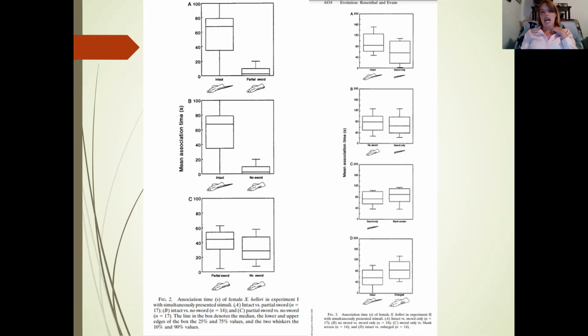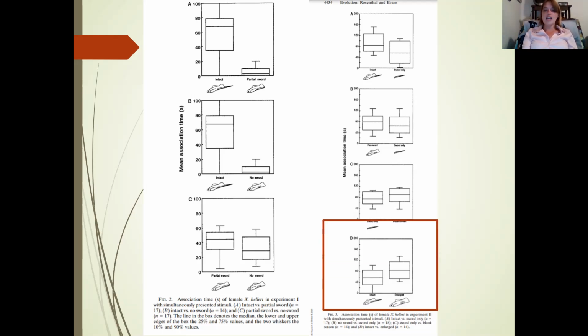on the males, right? And if you look at basically all of these graphs except for one, you would think that having a larger sword was the sexual signal that these females were cueing into for their mate choice, right? They very much chose the male with the full sword versus the partial sword, and versus no sword. They had a slight preference for partial sword over no sword, and they were almost equal for fish that had no sword and then just a sword on its own, right? So there's some interesting things happening.